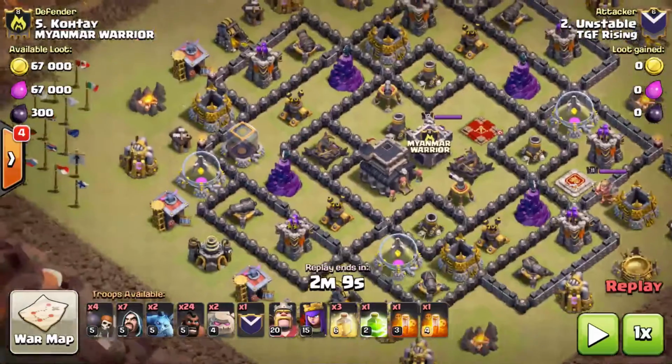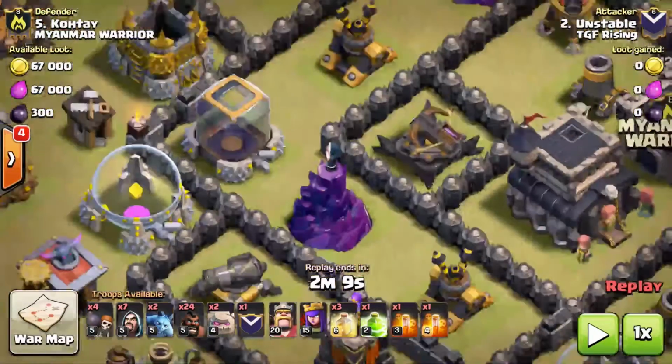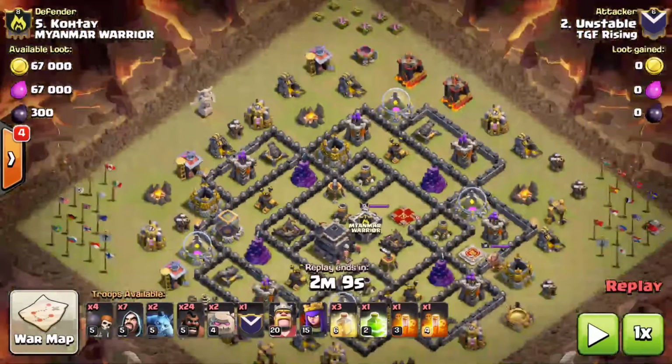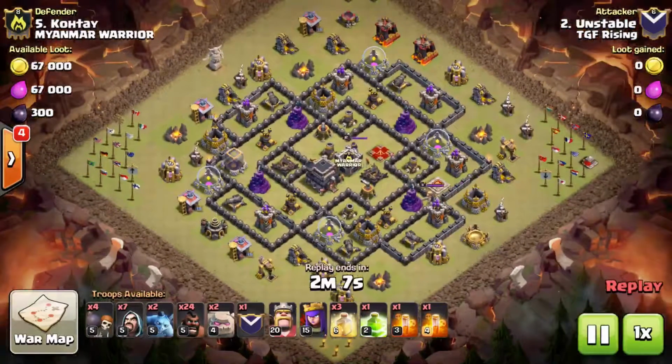And then everything else after that, if you look, there's really no good 2x4 spots. So obviously there could be a single here, there could be a single there, there could be a single there. Some Tesla action, so I think this is going to be a good hit on this base. And you can see the efficiency that Unstable takes this base out, 2 minutes and 5 seconds on the clock